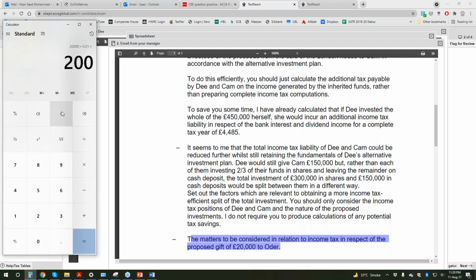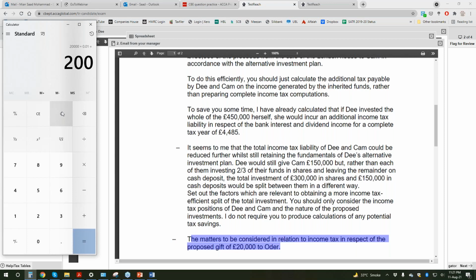And because D is a higher, additional rate band payer, this 200 will be taxed at 45%. So I will not recommend D to provide this gift to Oder. And even if she wishes to provide, Oder should not invest it in cash deposit until he becomes 18 years old, so this can become his own income rather than his mother's. Okay? So now moving on,